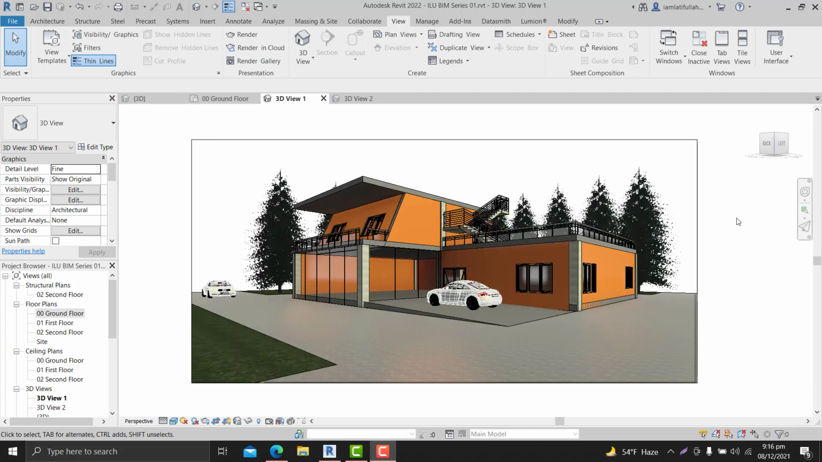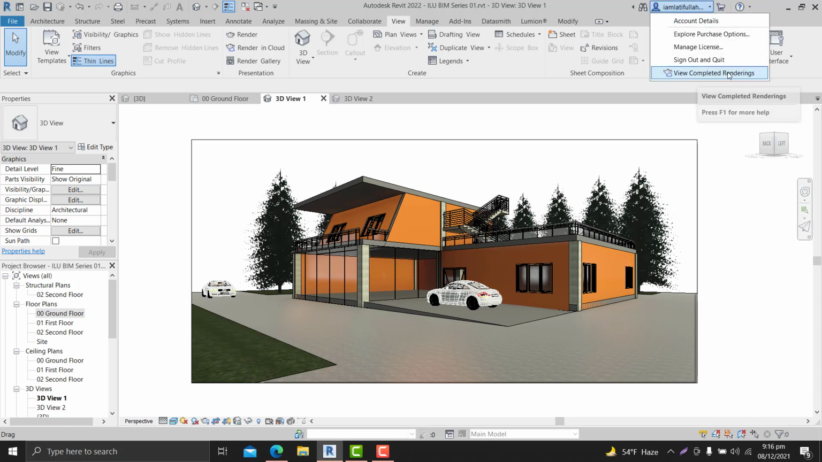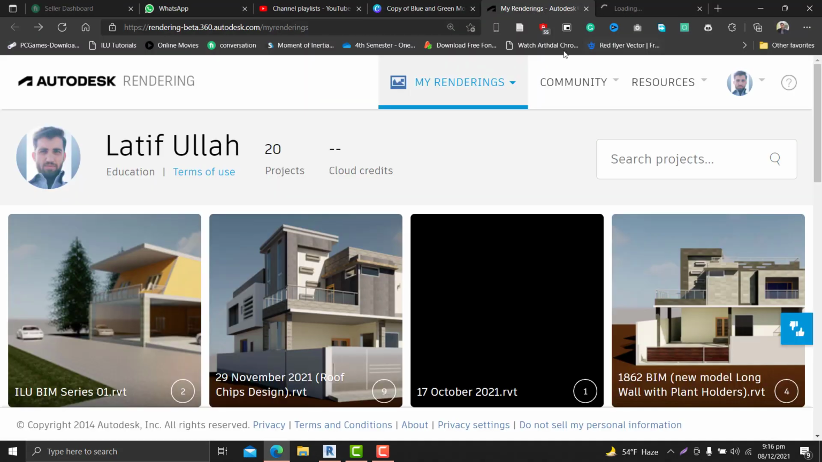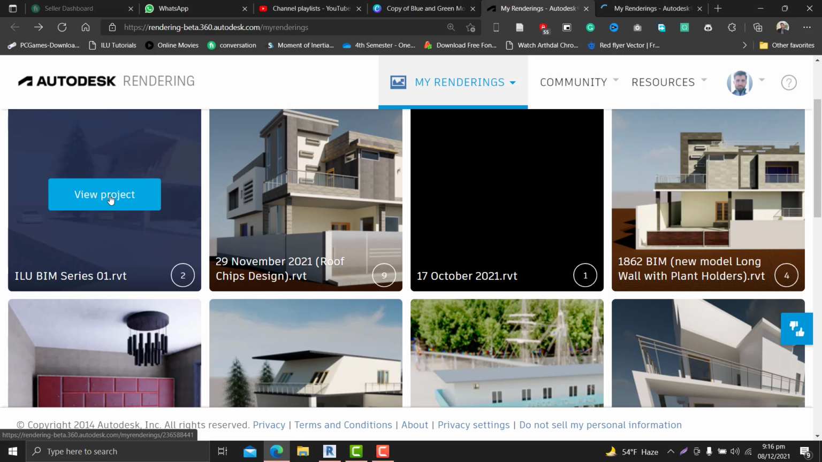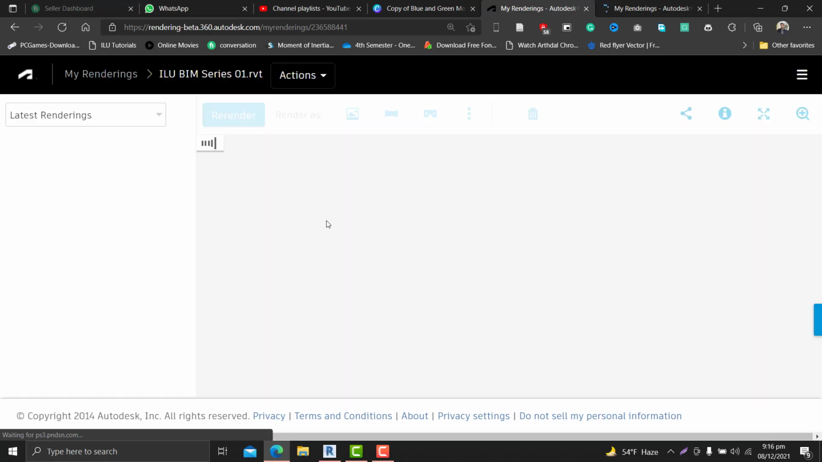So I have received an email notification, and also you can see here from this list that the completed renderings icon is shown. If you click on this, you will be directed to your Autodesk rendering website page. So you can see here I am given access to this page. So here you can see all the renderings. So this was the project which we used for renderings, and it had 2 renders which we initiated. So I will open this up, and let's see how the renders